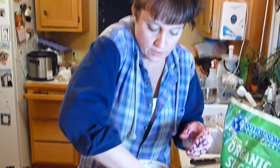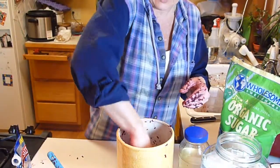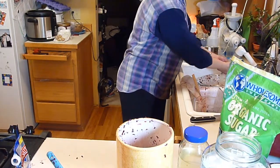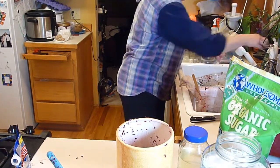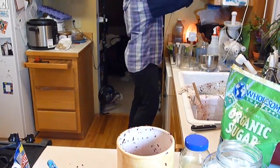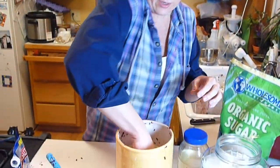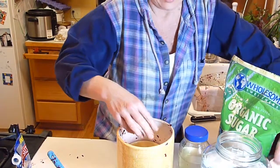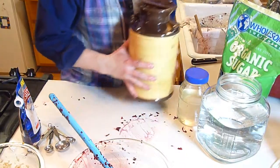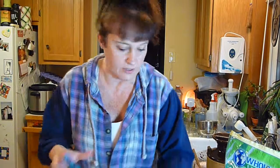You're supposed to save a big chunk to hold the rest of it down so that it stays below the water. And I'll show you a trick. Since that doesn't really work very well, I get a bowl that fits in this crock, and I just push it down in there, and then I put the lid on. And I set it aside and leave it for 3 days. So, aside from the mess here on the counter,